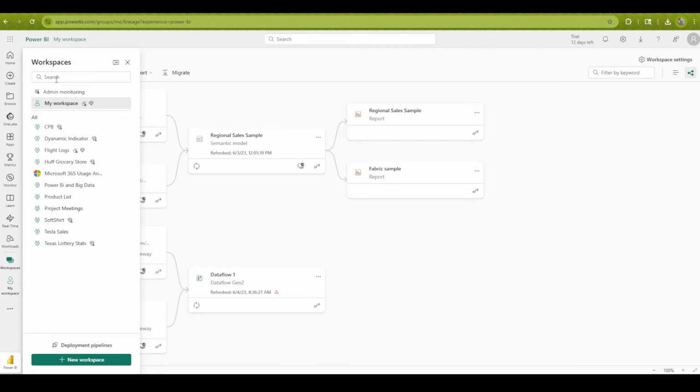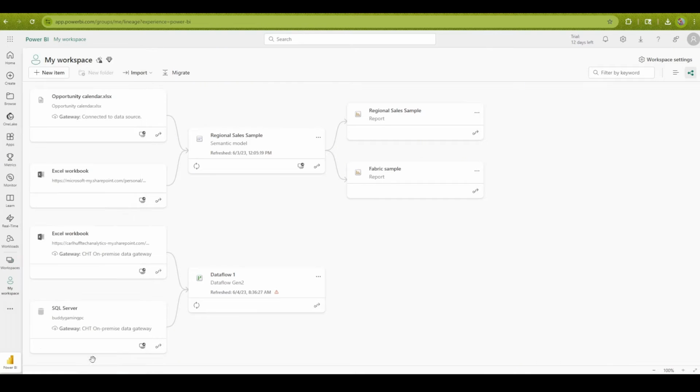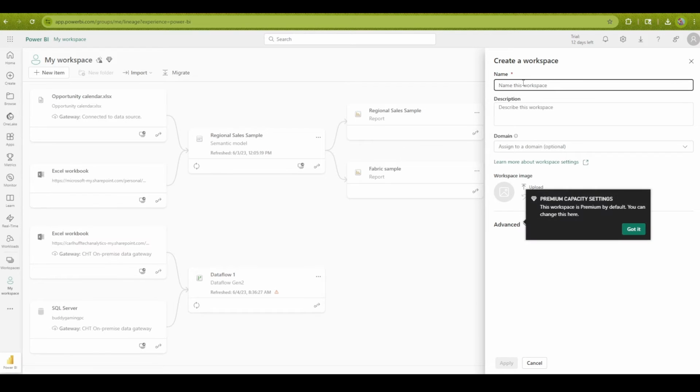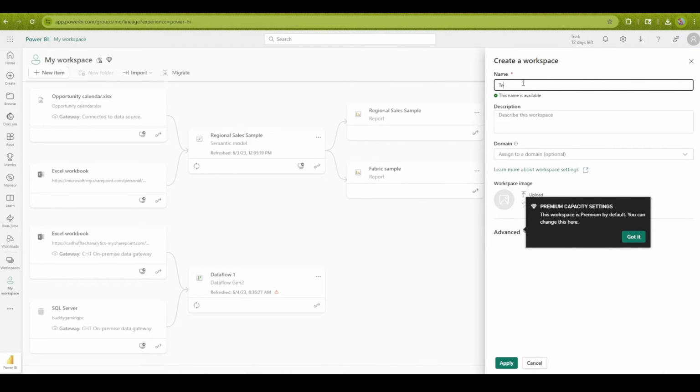When you go to this, you want to go down here where it says New Workspace. Depending on how long you've been on Power BI, it may say Create New Workspace, but now it says New Workspace. So we're going to go here to New Workspace, and from here, you'll create the workspace that you want to build your report in. This way, when you're doing a project for somebody, you are in a shared workspace that's not your own. It'll start out as yours in the beginning, but we'll just call this test